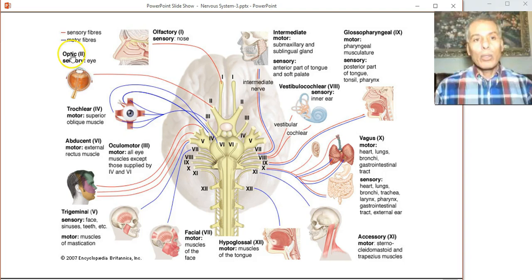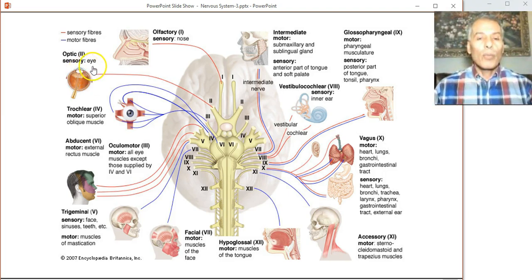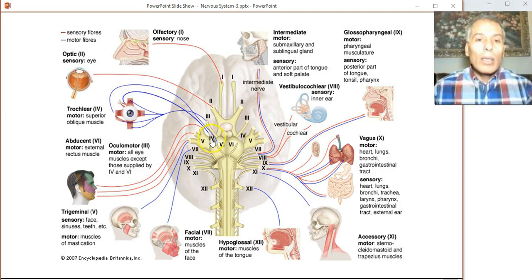For example, it is your pupil. So your pupil can be dilated, can be constricted. So that is sensory. Connecting what you see with your auditory, with your visual system. And then